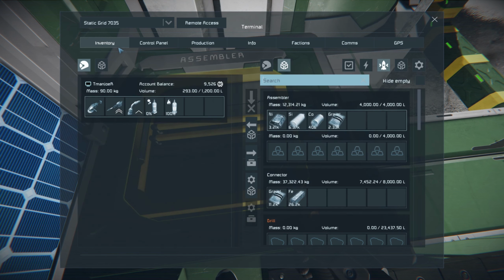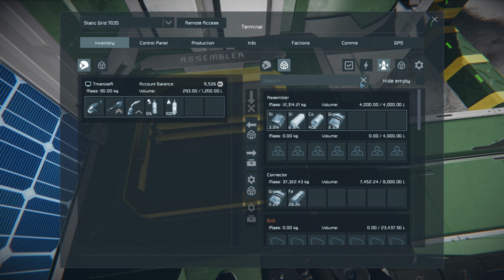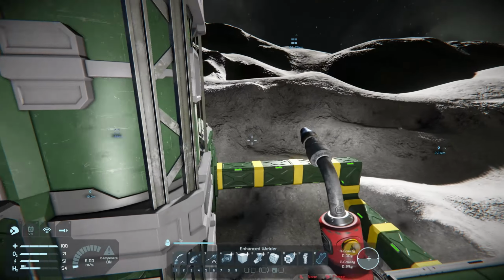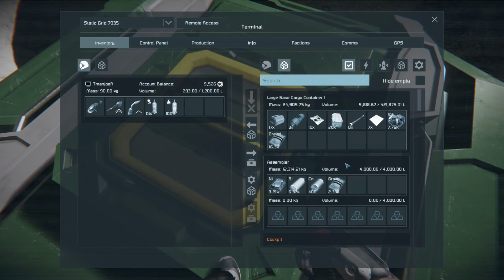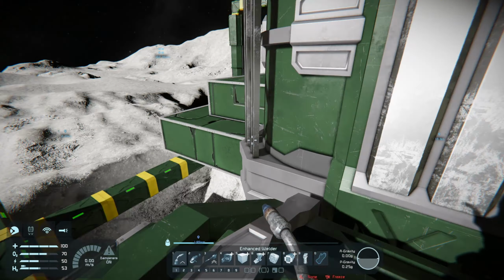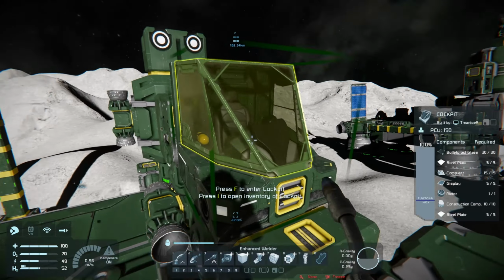Hello? And I know what's wrong. Hold on. Refinery. No. Why isn't the refinery a refinery? Stone. Wait. Hello? What happened? We just had like 400,000 stone. Where did it...